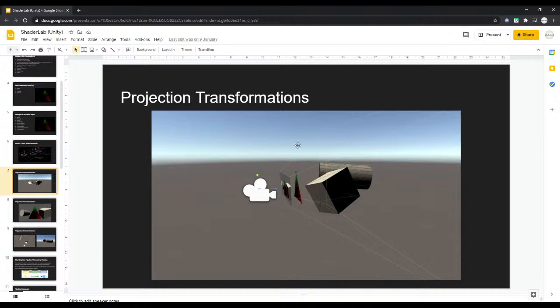What happens is with the projection matrix, you multiply the vertices in such a way that all this is projected onto the screen, and the screen is the near plane. The near plane is called the screen. That's why whenever you go to the Unity camera, if I was supposed to take you back to the Unity camera,